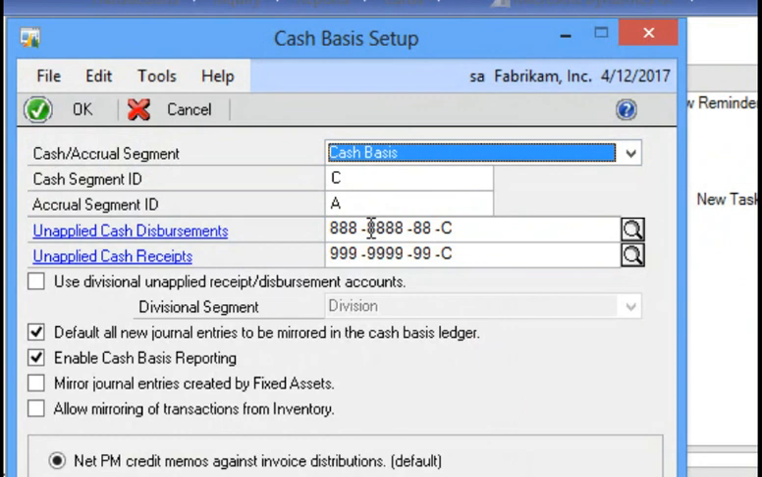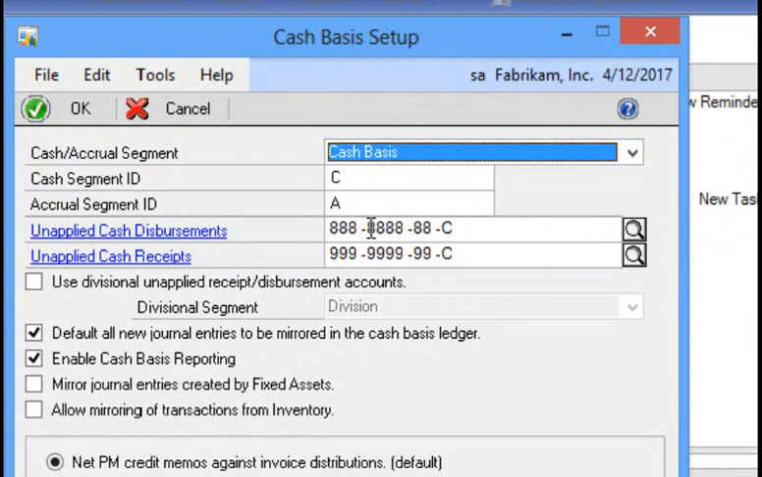The next two fields are the unapplied cash disbursements and unapplied cash receipts fields. The unapplied cash disbursements and unapplied cash receipts accounts are used to keep track of funds that are paid or received without having an invoice to apply those to. When you transact cash in the system, obviously there needs to be some way to post that to the cash basis ledger. And when we do not have an invoice to post those against, these are the two GL accounts